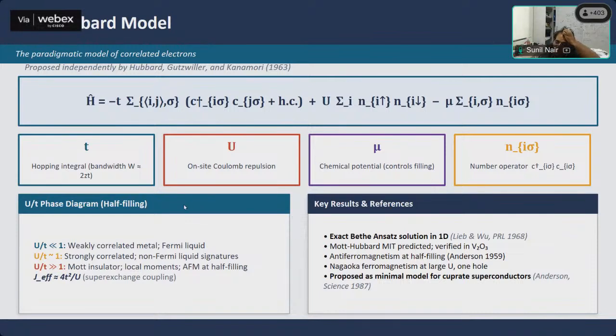And so, depending upon the ratio of these first two, you get all kinds of phases which emerge